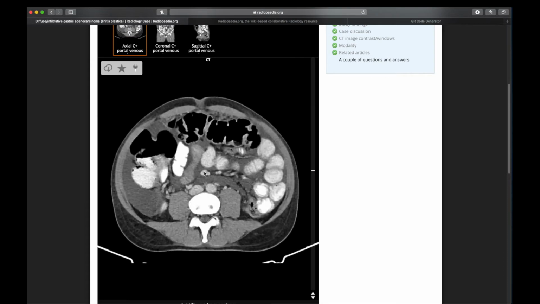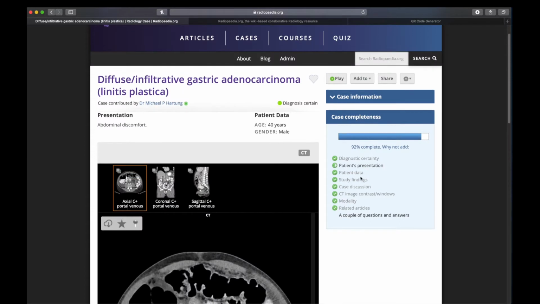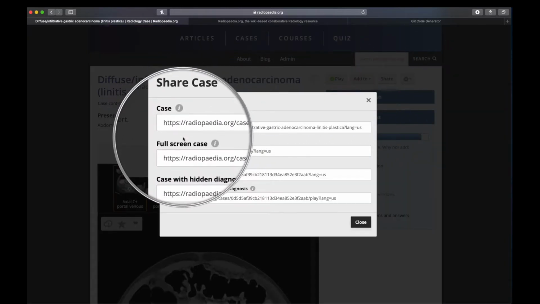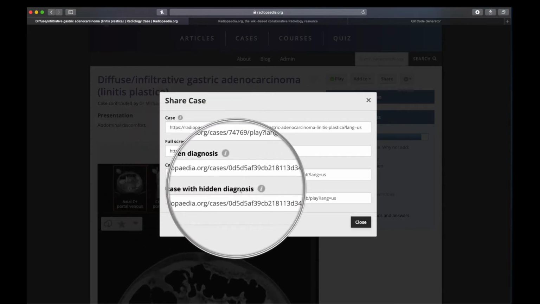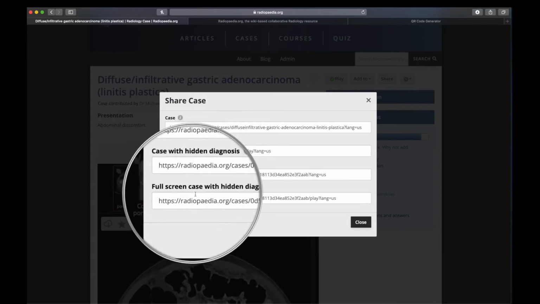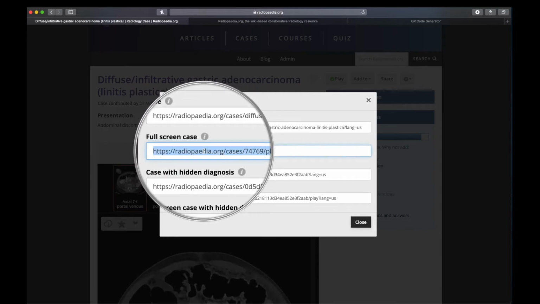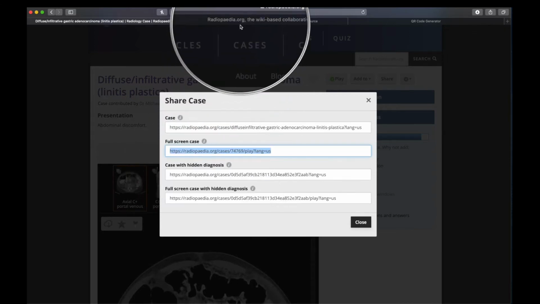And this takes us to the standard case viewer, which has some findings and teaching points with the case. So the quickest way to get to a link that serves well for a full screen viewer is to go to the share function. And here we're presented with a variety of options, which is simply sharing the case, a full screen case, or a full screen case with hidden diagnosis. So if you want to not have any of the teaching points or findings available, you would use the hidden diagnosis link, or if you wanted to have them available, you could use this full screen case. Let's just say I want to use the full screen case. I will copy the URL,